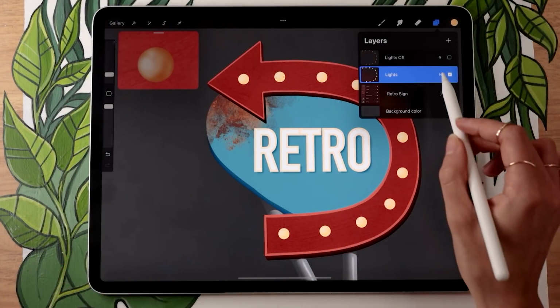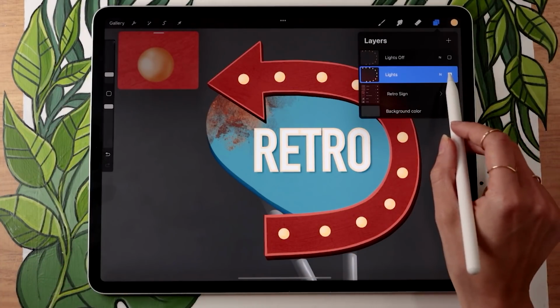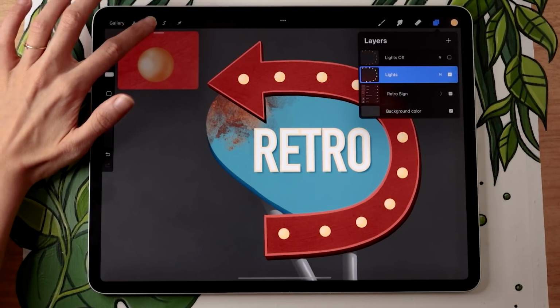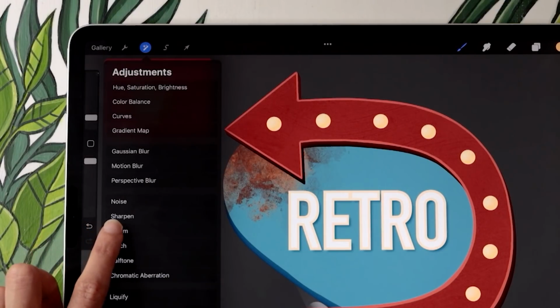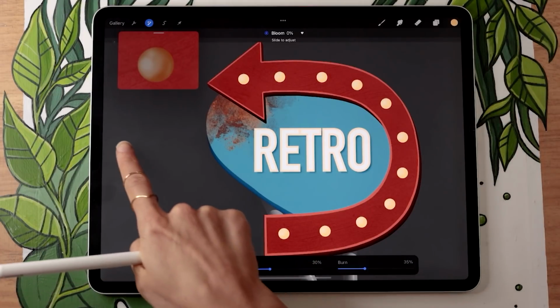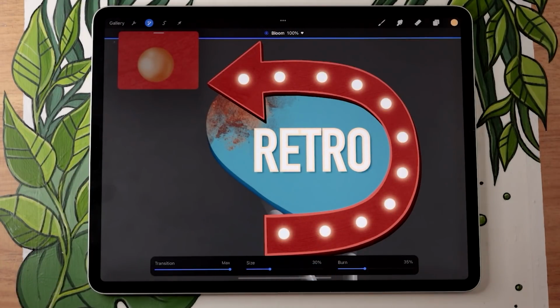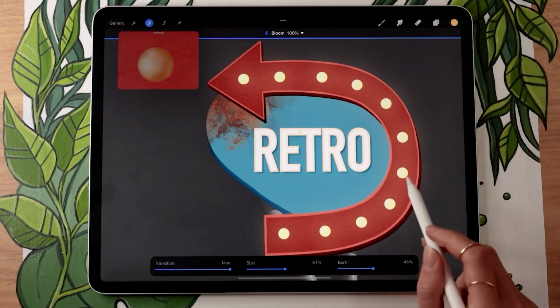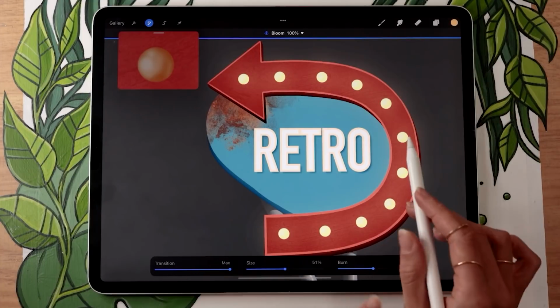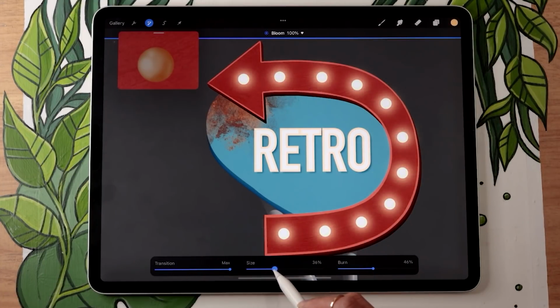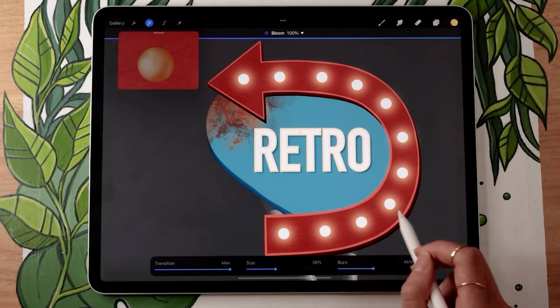like they're not shining. So with the regular light layer selected, we're going to go back in the adjustment panel, and this time we're going to select Bloom. You're then going to take one finger and swipe towards the right until it says Bloom 100%, and you're going to see that your lights totally come to life. And you can totally play with the settings here at the bottom to see if there's a specific setting you like. But one thing that is super important is to make sure your size remains pretty small, because if it's too big, the different lights are going to start blending together, and then it's going to be really hard to do the animation. So make sure your size is small enough so you can see where the different lights end.